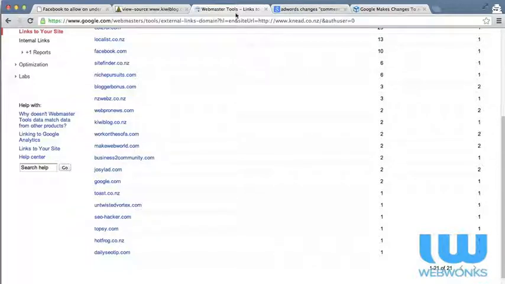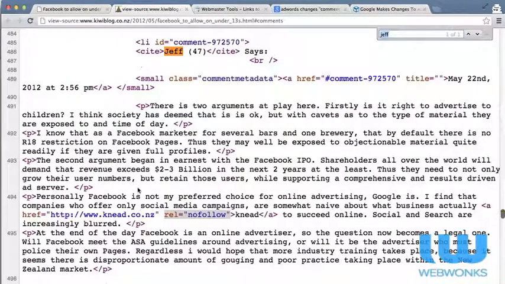Now, the KiwiBlog site has something that many blog sites now have, and that's a tag called rel nofollow. Basically what that means is that Google is told not to follow the link, which means it won't flow page rank back to your website. Now, the purpose of link building strategies is, of course, to generate as much page rank as you possibly can,